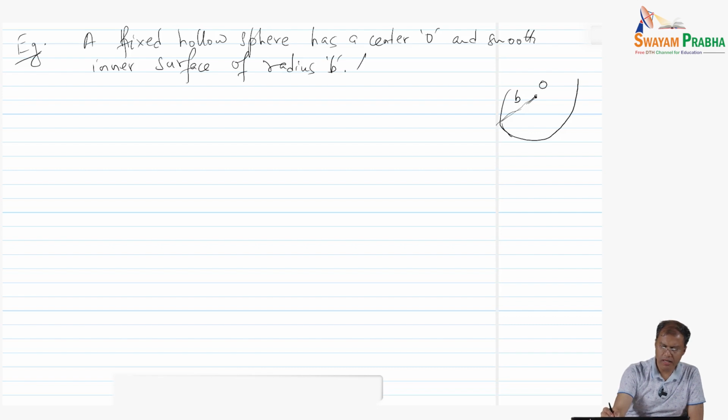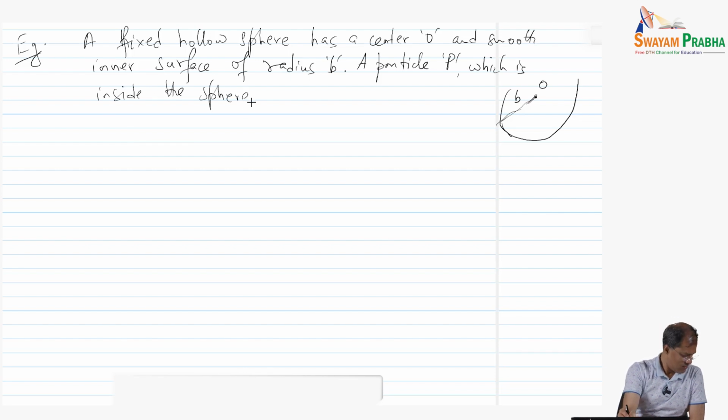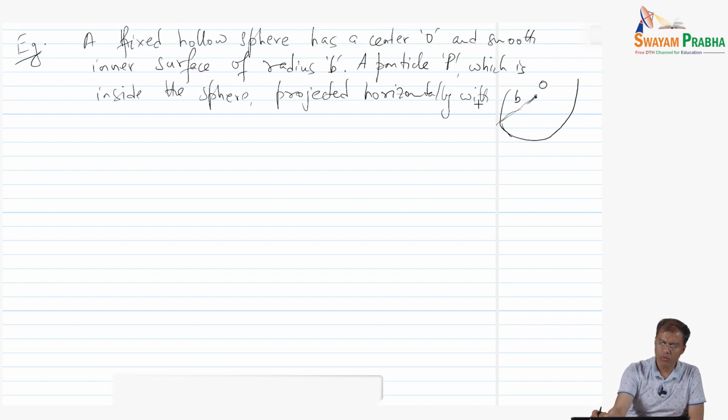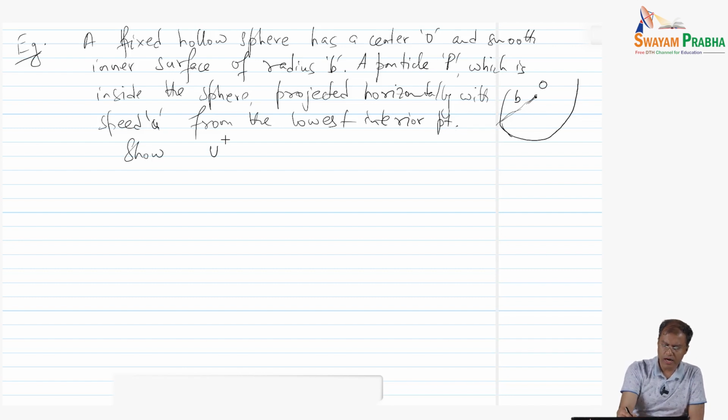And then the problem says a particle P, which is inside the sphere, is projected horizontally with speed u from the lowest interior point, and we need to show that v square, the speed at any given point, is going to be u square minus 2gb (1 minus cos theta)